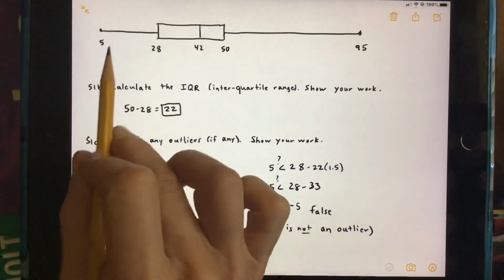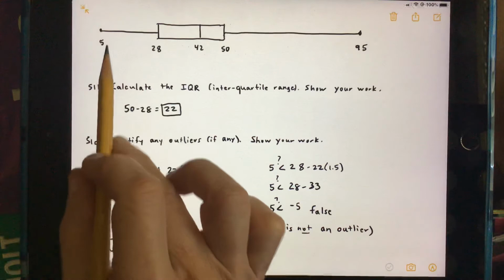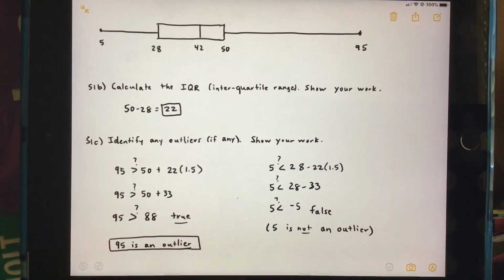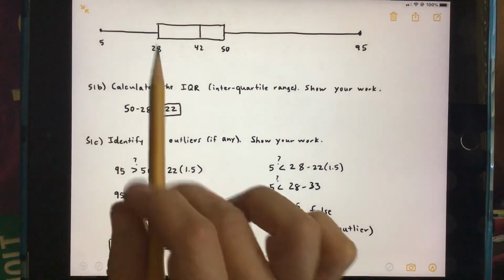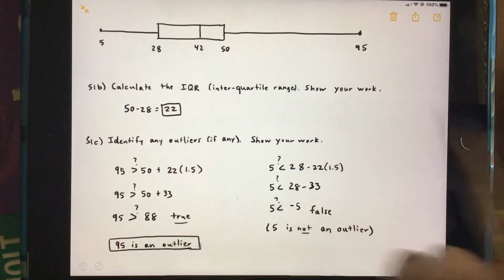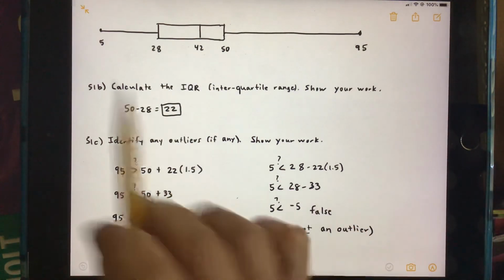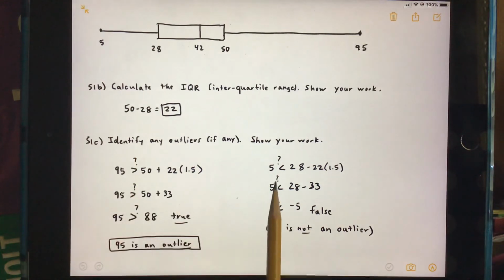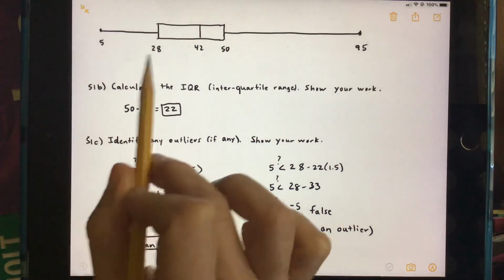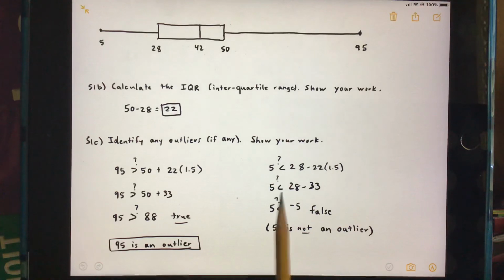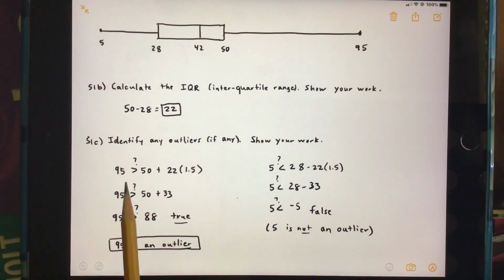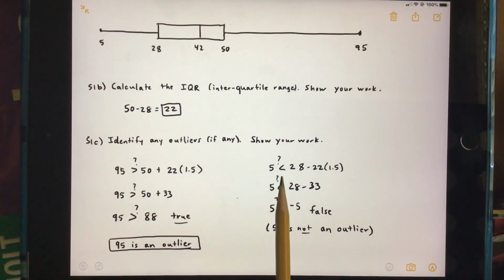Now let's check and see if 5 is. We can see visually 5 is not going to be an outlier because that whisker is certainly not much longer than that box range here. But let's just check it out and make sure. Is 5, this possible outlier down here, less than, this time because we're below the quartile? Over here we were above the quartile, that's why it was greater than. So is 5 less than, because we're below the lower quartile,